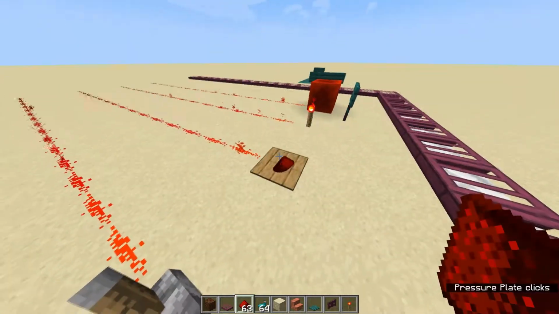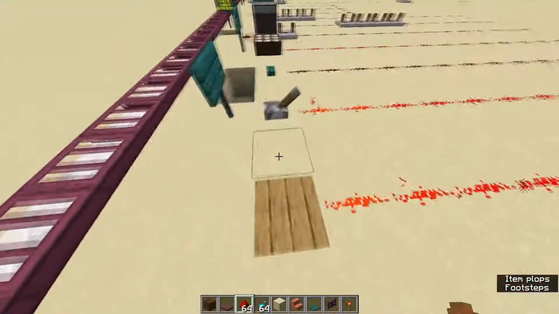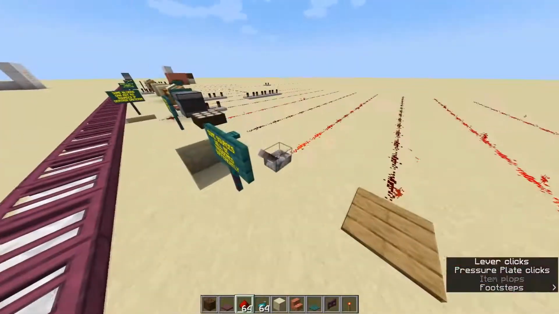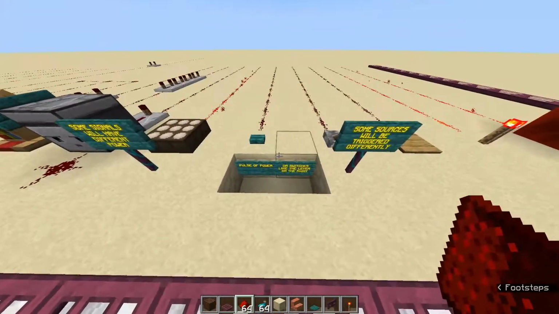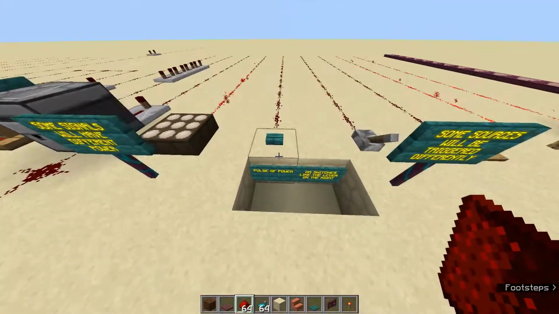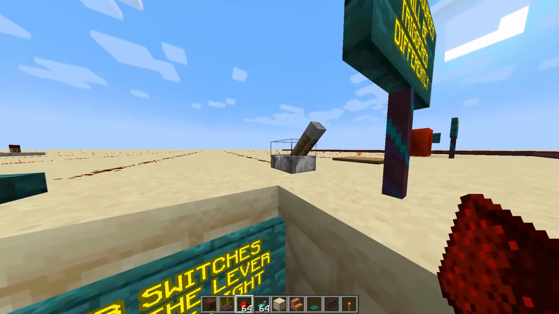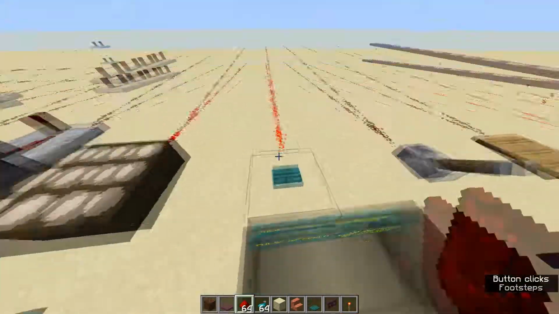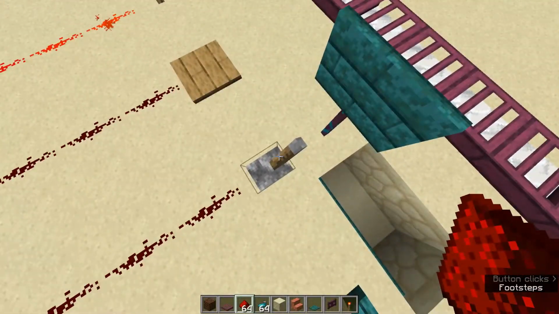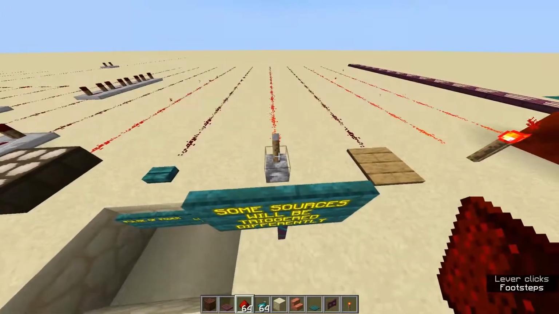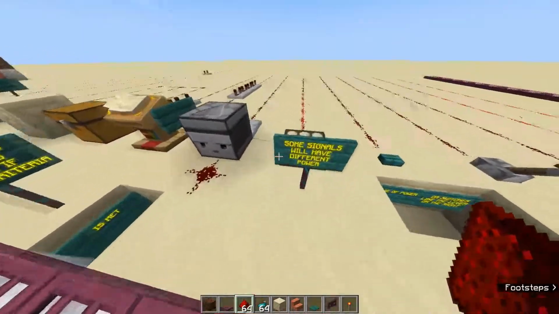or by dropping something that stays enabled. There's different types of pressure plates that behave differently when an item is dropped on them. So here we can see a pulse of power, or switches like the lever on the right. So this one is a pulse of power, this one is a toggle between static and disabled, and then there's